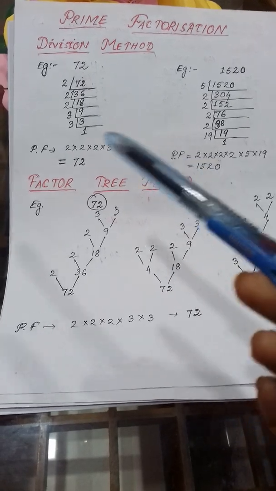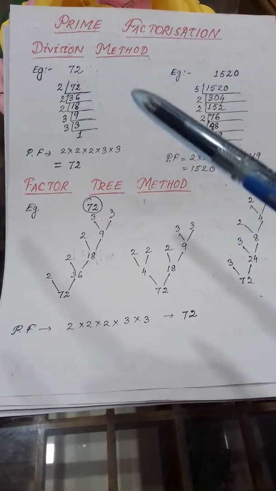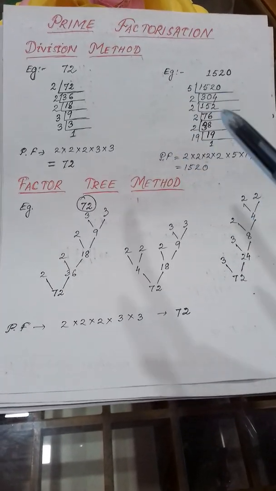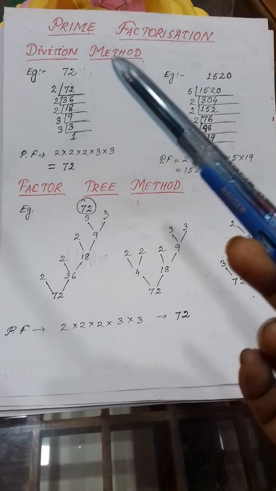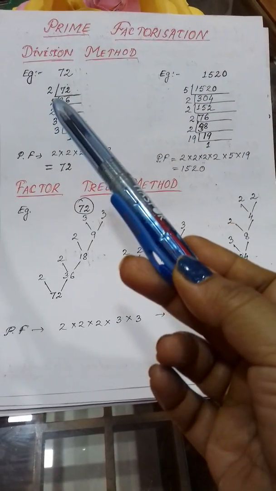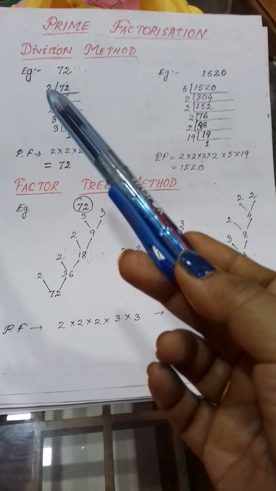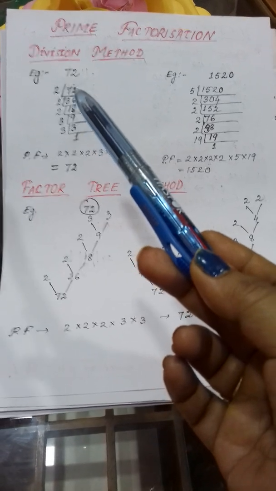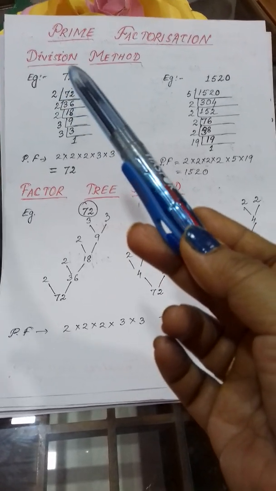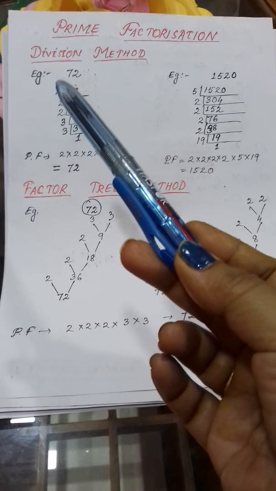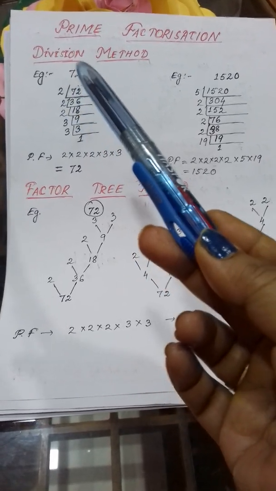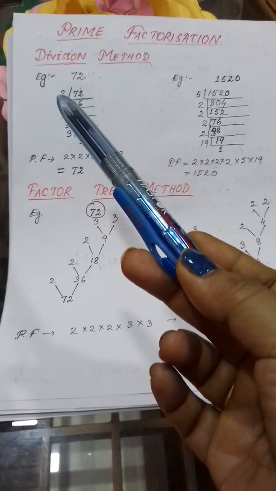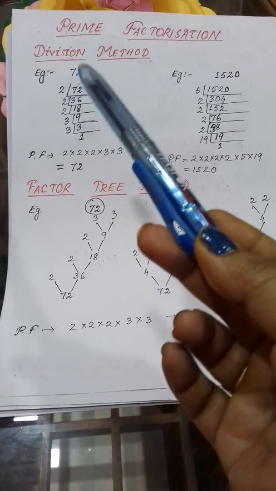When you find out by this division method or factor tree method, your divisibility rule will be applied over here. That means if you follow the divisibility rule, then you will not face problem to find out the divisor, that means by which prime number you will start division. Clear? So 72 is an even number. Got it or not? And you know the divisibility rule of 2. If the number is a multiple of 2, that means that number can be divisible by 2. Clear? Or if it is an even number.